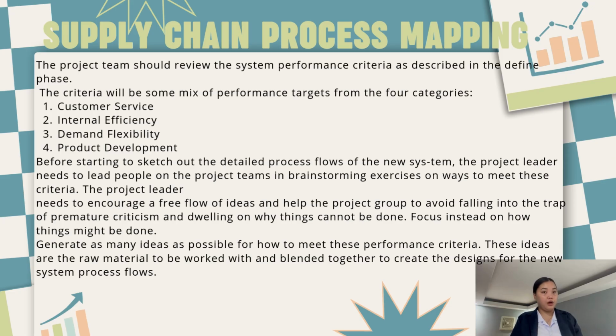Supply chain process mapping. The project team should review the system performance criteria as described in the define phase. The criteria will be some mix of performance targets from the four categories: number 1, customer service; number 2, internal efficiency; number 3, demand and flexibility; number 4, product development. Before starting to sketch out the detailed process flows of the new system, the project leader